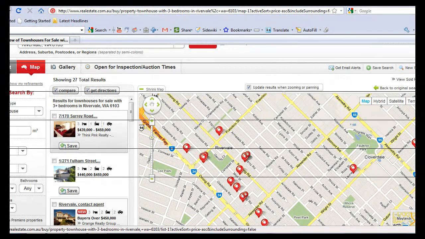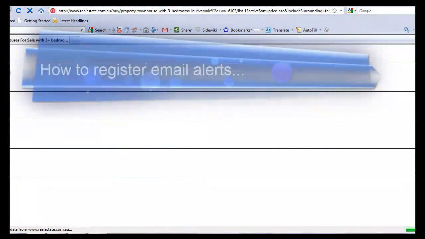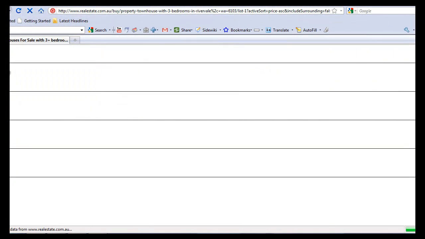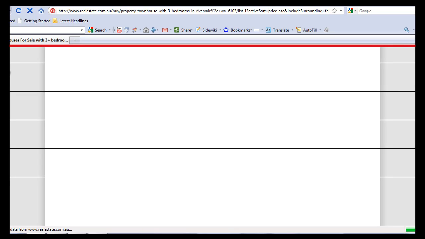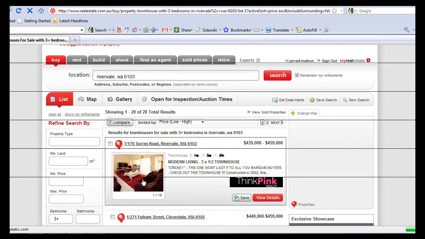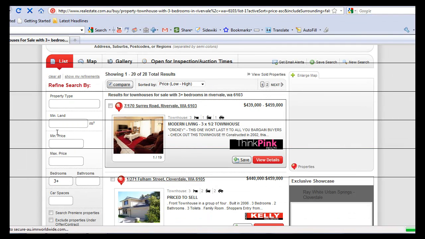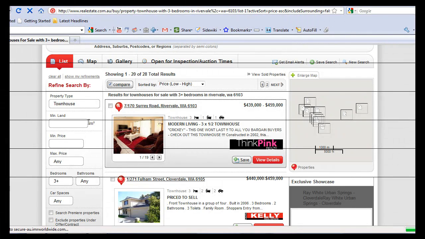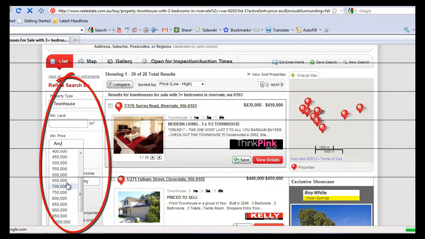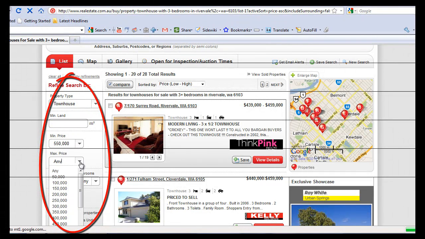Next thing I'm going to show you is how to register your email alerts. Once you've got your criteria down, you start your criteria broad. It might be Rivervale and surrounding suburbs initially. It might be 3-bedroom plus, and you might have a price range that you can budget for. So when you've got down to having your criteria, I'm going to include the range from 550 to 650,